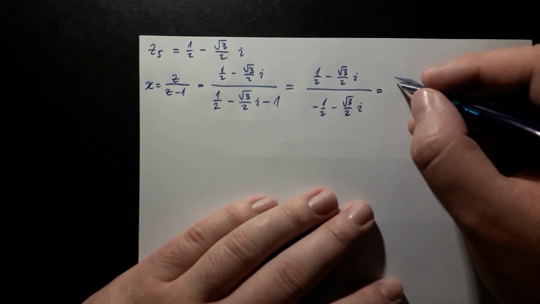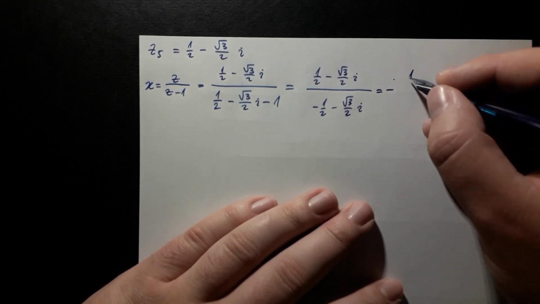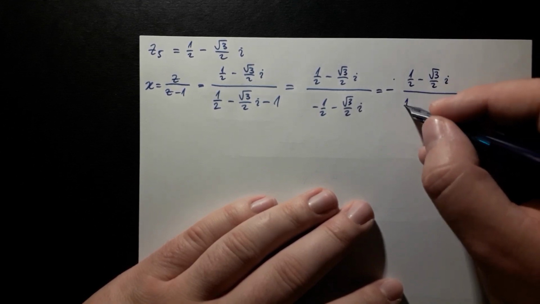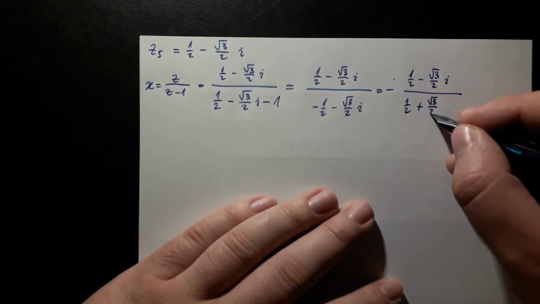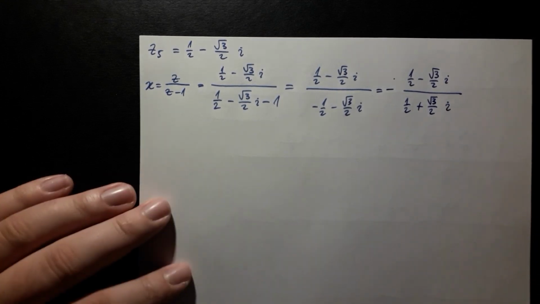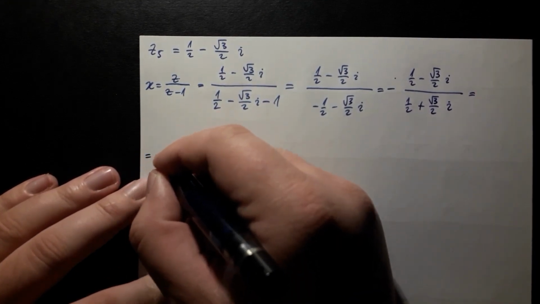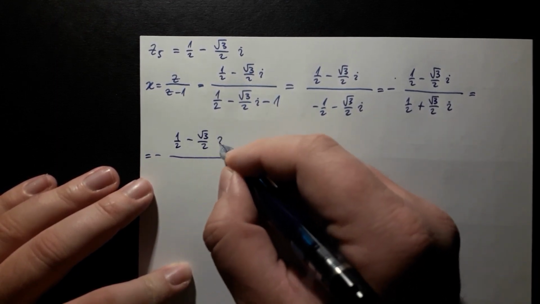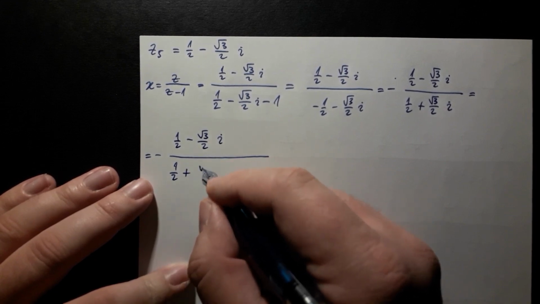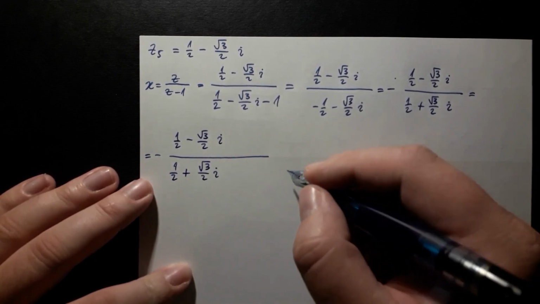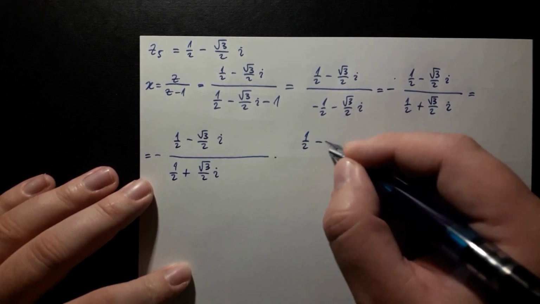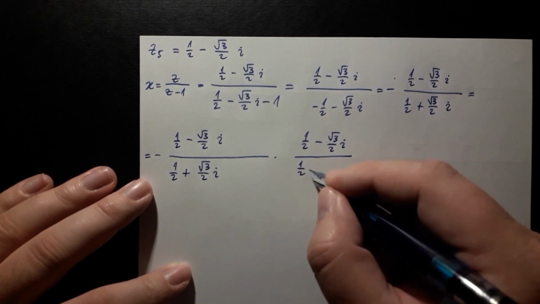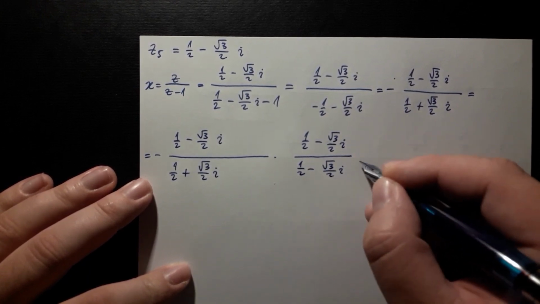This is then equal to negative 1/2 minus the square root of 3 over 2 i divided with 1/2 plus square root of 3 over 2 i. This is then equal to negative 1/2 minus the square root of 3 over 2 i, 1/2 plus the square root of 3 over 2 i, times 1/2 minus the square root of 3 over 2 i divided with 1/2 minus the square root of 3 over 2 i,